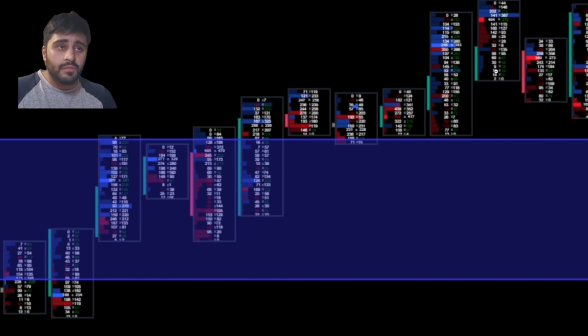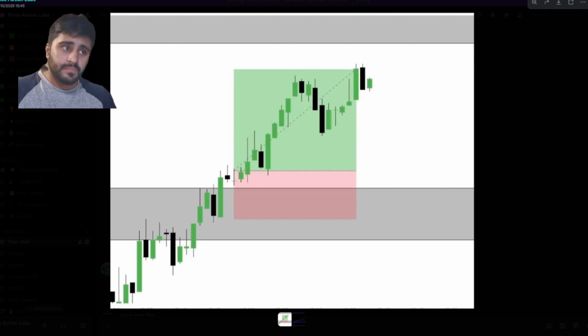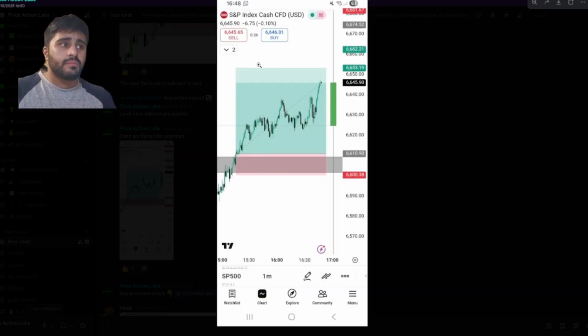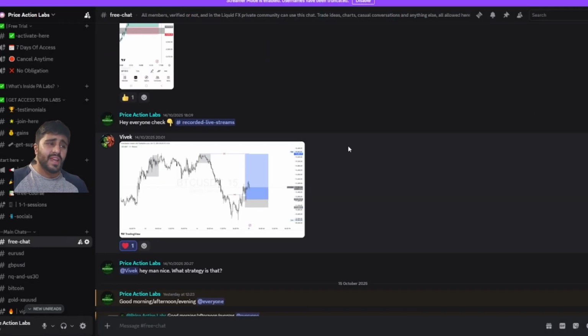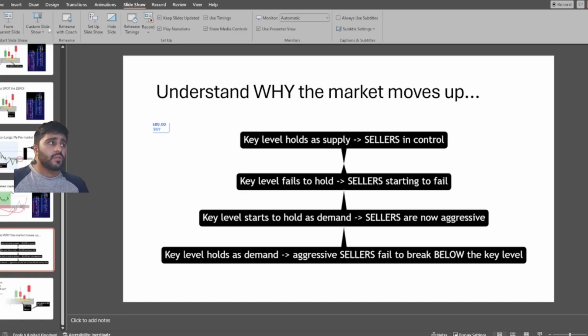We see 2 breaks above. This means that buyers are in control, and this means you could have caught a trade like this. Now that trade in itself was a very, very successful trade for those who took it. It rallied all the way up to, I think, 10R or something crazy like that, right? So that's what I wanted to go over in terms of my